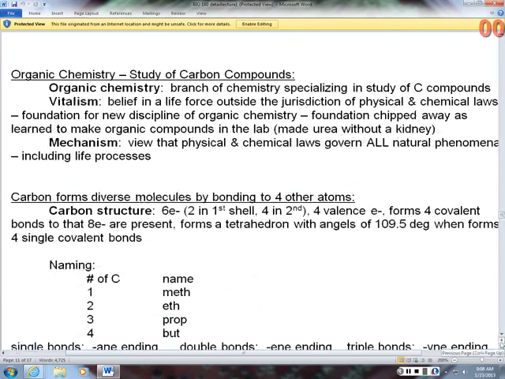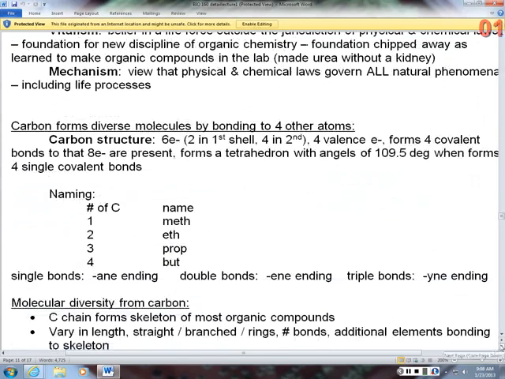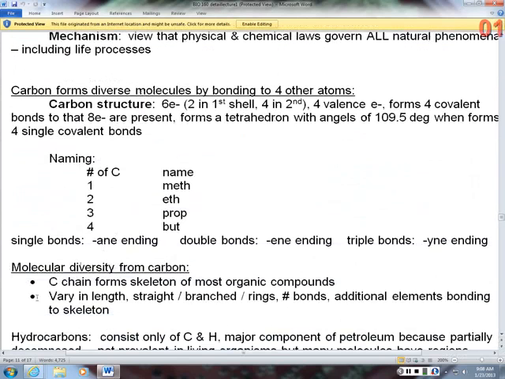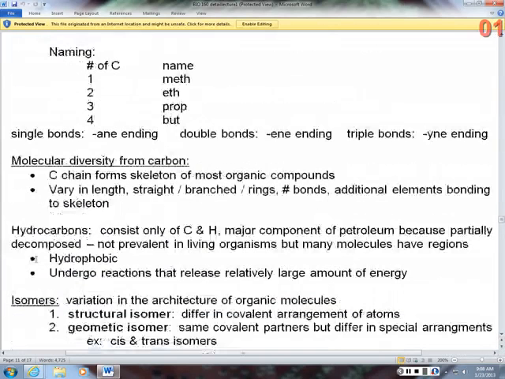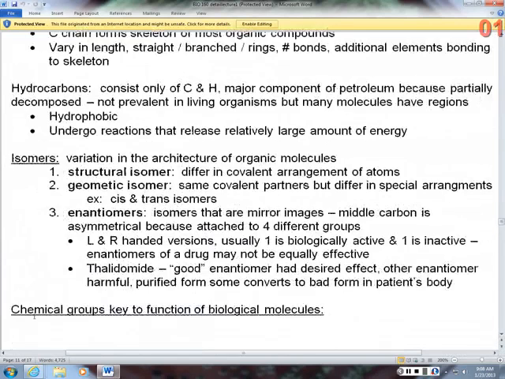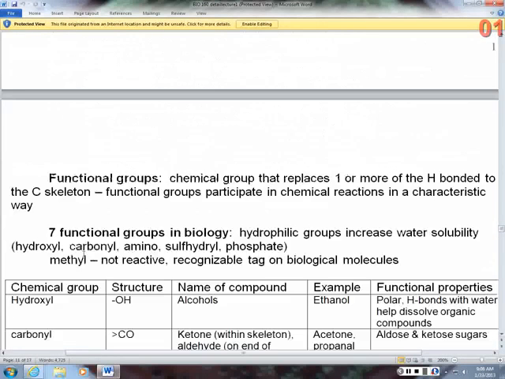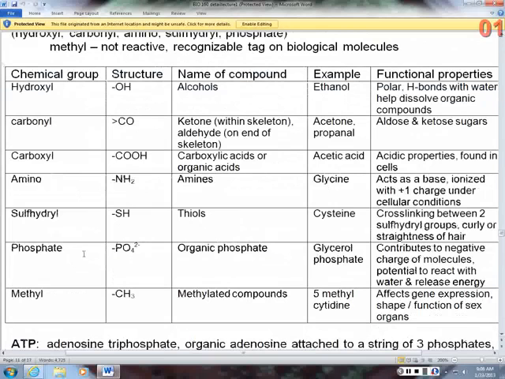In there, the section on naming, how this works with the carbons, was one of the sections. This section on the isomers. And when there was the chemical groups and structures, it's this section right here, the chemical group and the